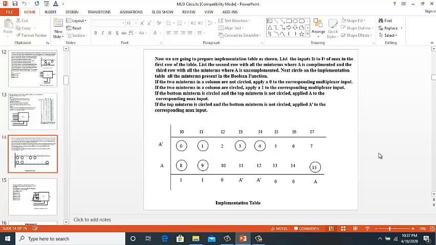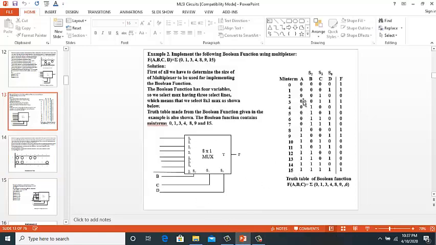And from the truth table we also see that min terms 8, 9, 10, 11, 12, 13, 14 and 15 have got A. So if we revert to our truth table, we see that min terms 0 to 7 have got A bar, that is A is 0, and min terms 8 to 15 have got A. It means that in all these min terms A is equal to 1.